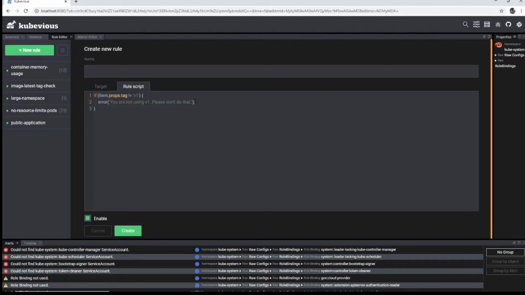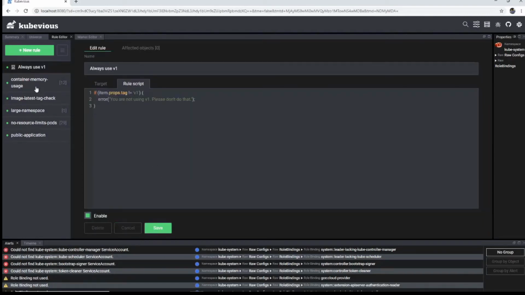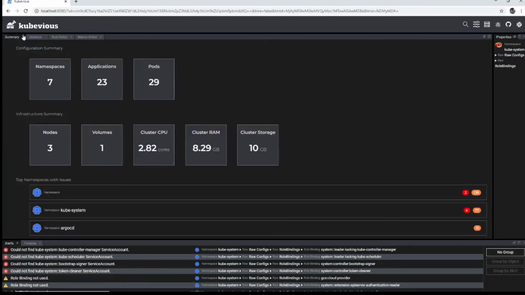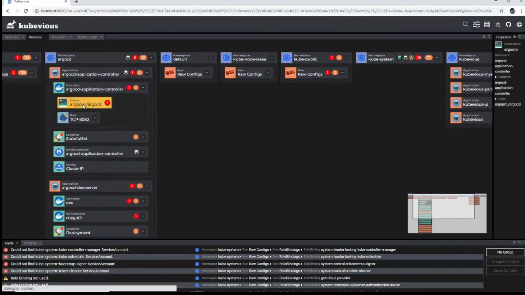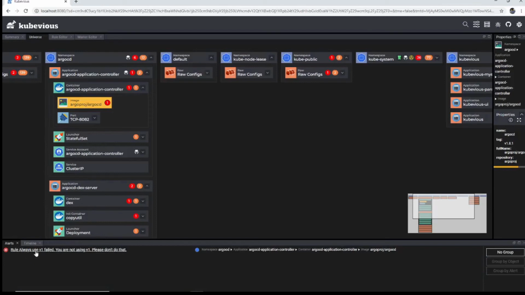Please don't do that. This way you can enforce organization rules using QBS.